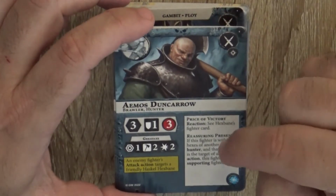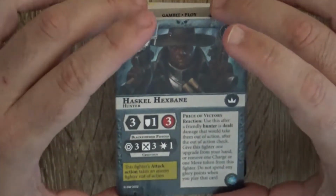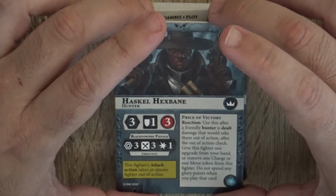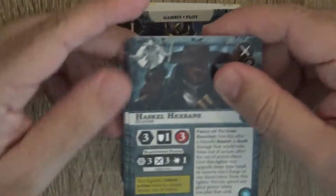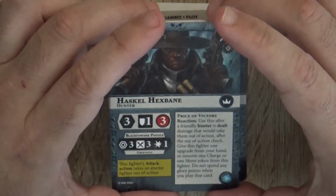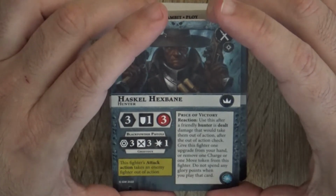Okay, and all of them have a rule. Let me go first to the Hexbane. I was just sharing them in the... okay, let's go first with the hero, with the boss, because we have here the Price of Victory. This is a reaction: use this after a hunter is dealt damage that will take them out of action. So when one of your hunters is killed, all your warbands are hunters except the dogs. When this happens, give the fighter 1 upgrade from your hand, or remove 1 charge or move token